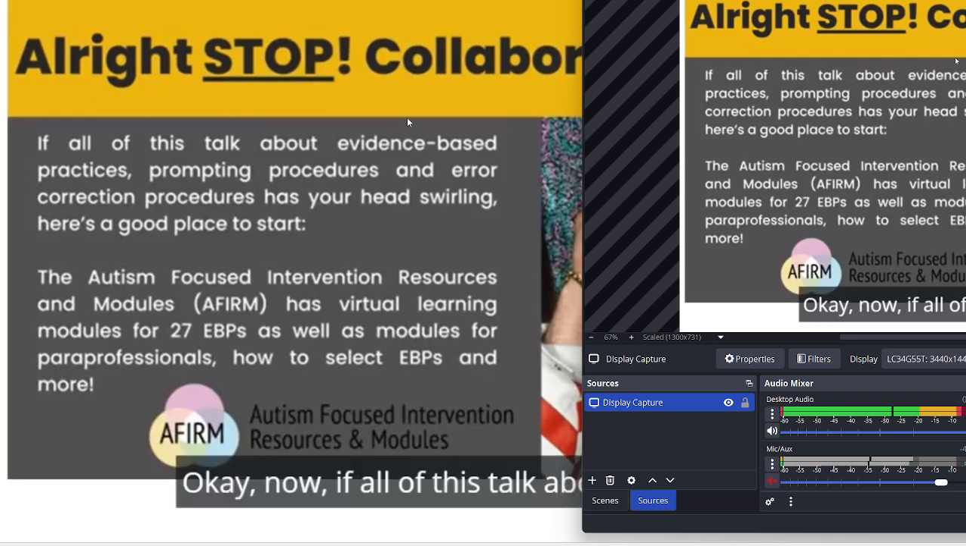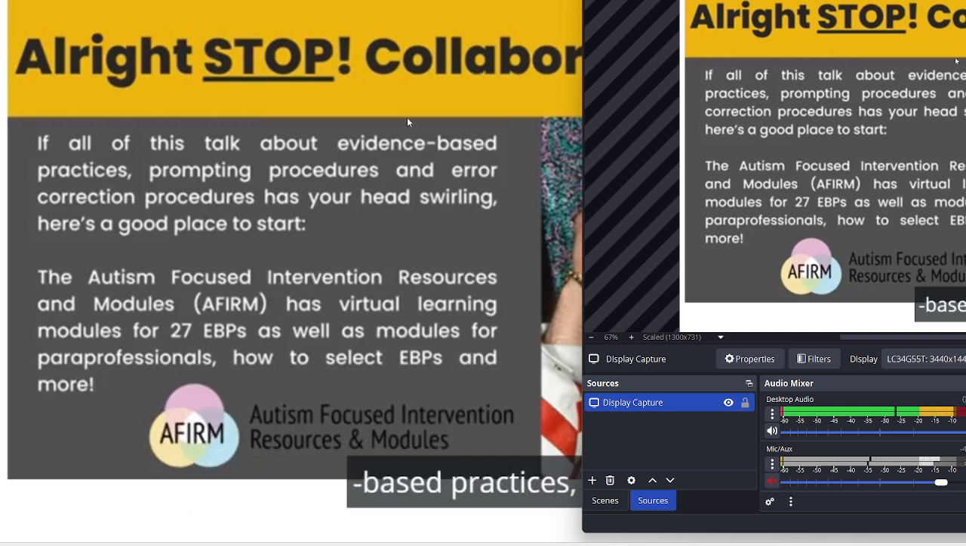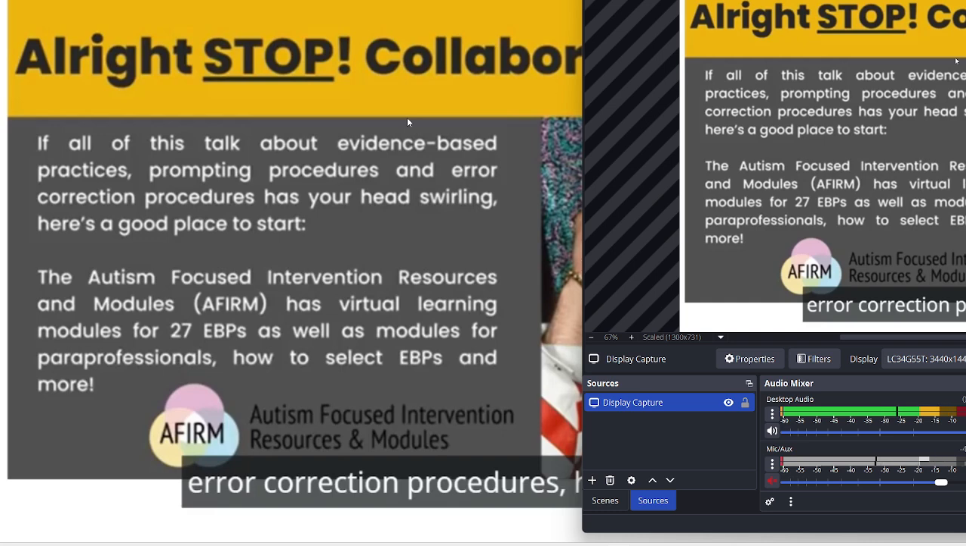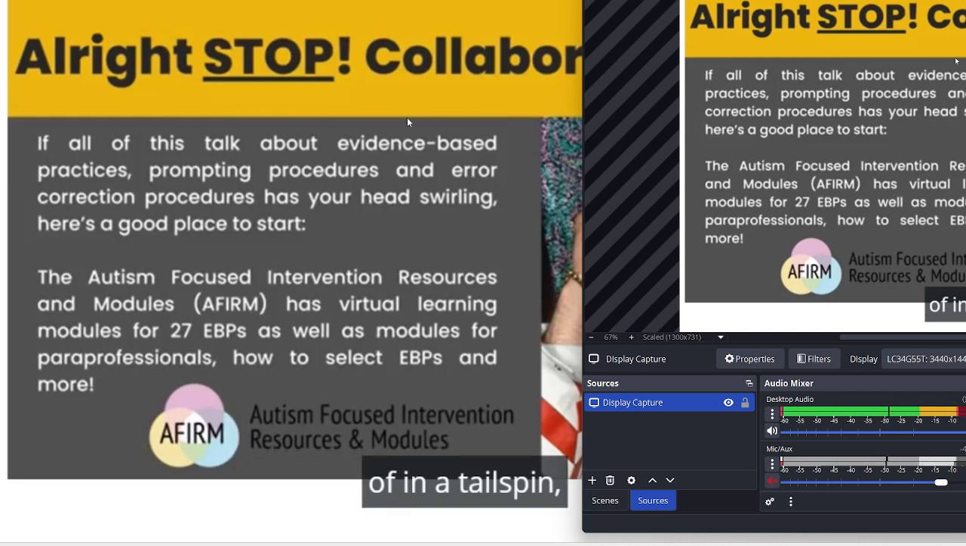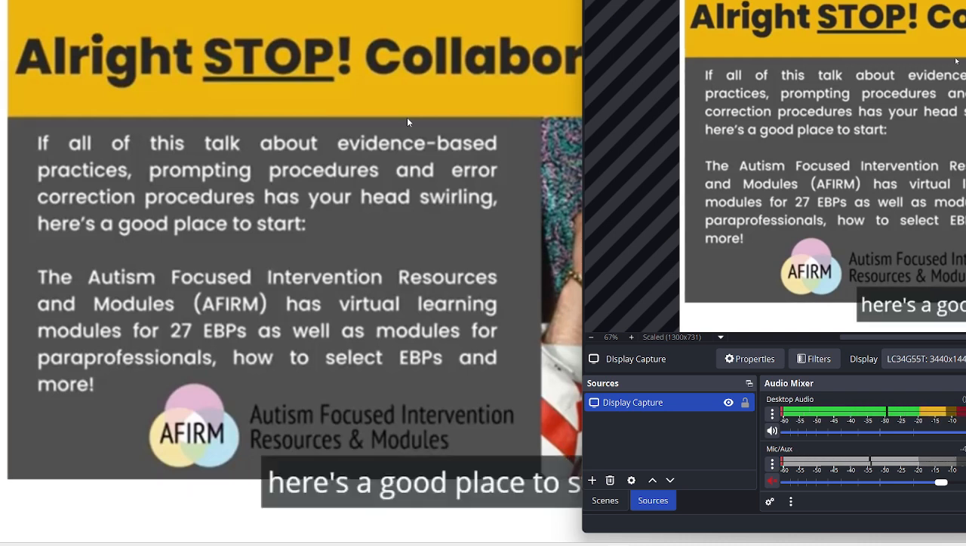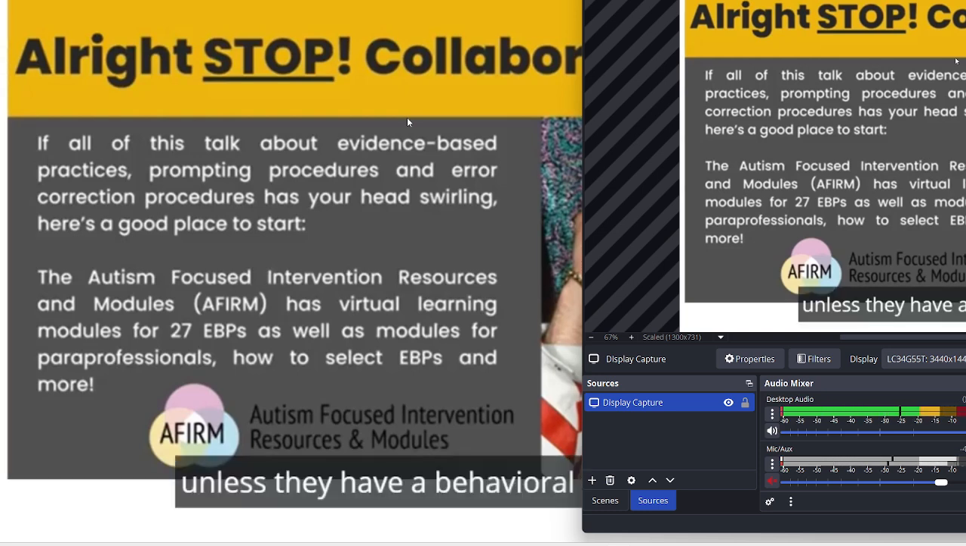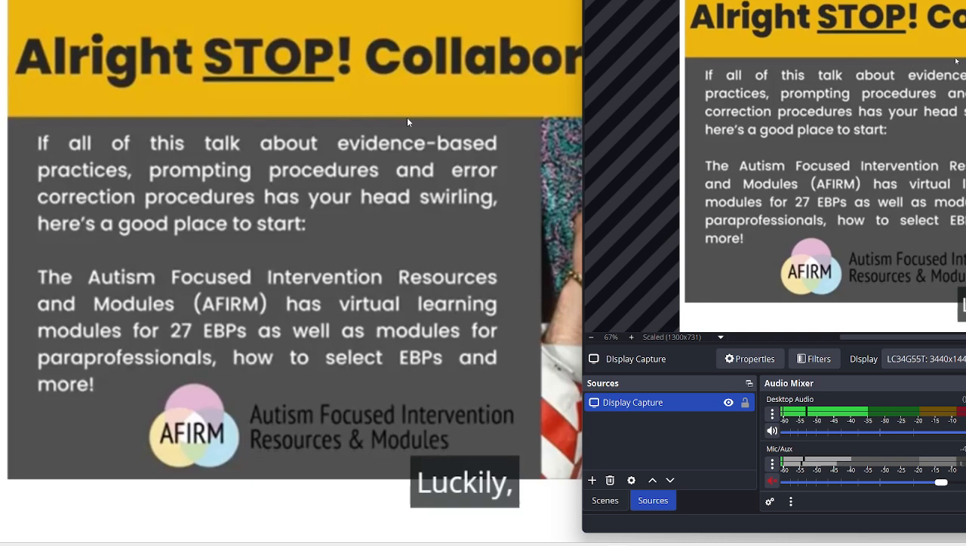Okay, now, if all of this talk about evidence-based practices, prompting procedures, error correction procedures has you kind of in a tailspin, here's a good place to start. A lot of individuals, unless they have a behavioral background, are not as familiar with each of those practices and exactly how to implement them. Luckily,